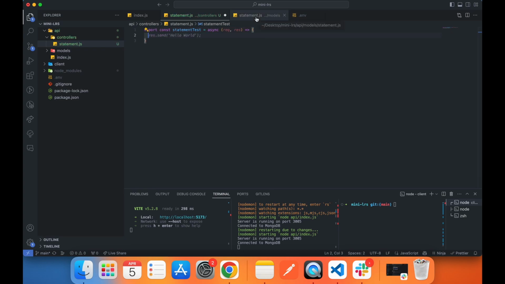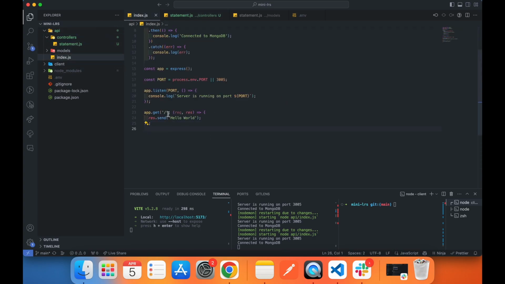So let's just say statement test. That'll be fine. So we export the function there, and then when we want to say exactly which route it's going to, we do that in a different directory called